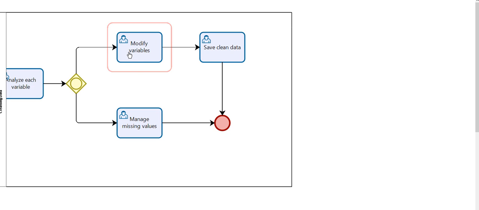You can also clean or manage missing values or null values, or some other things that you need to clean, right? Clean, and then you save your data,